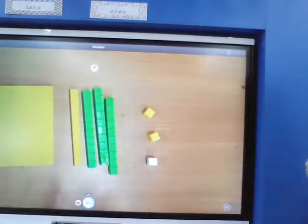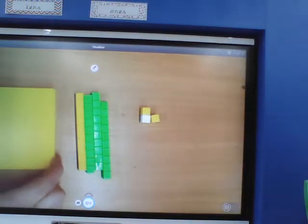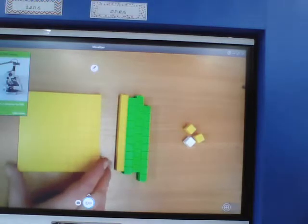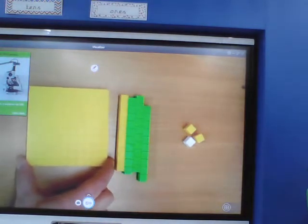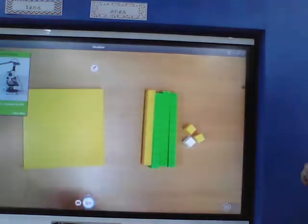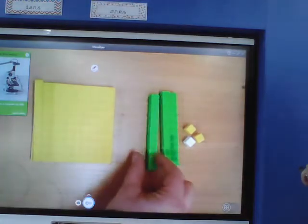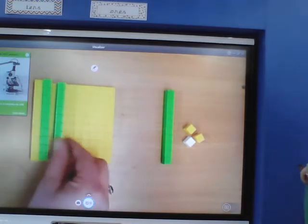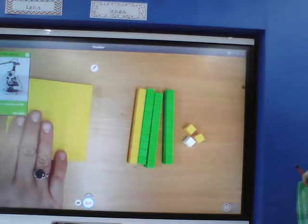We're all very familiar with tens and ones to make 2-digit numbers, but hundreds are new learning for us in year 2. And I drew on the board for you a 100 square, but I've actually got one to show you today, year 2. A 100 is 10 tens. So it's 10 sticks of 10, because we discussed yesterday that 10 tens make 100. So I've got here 100,